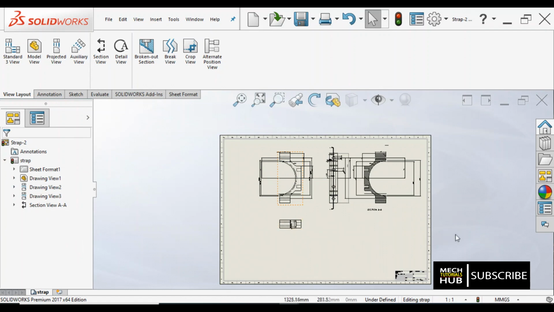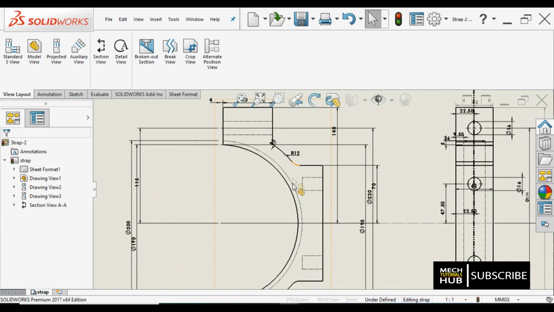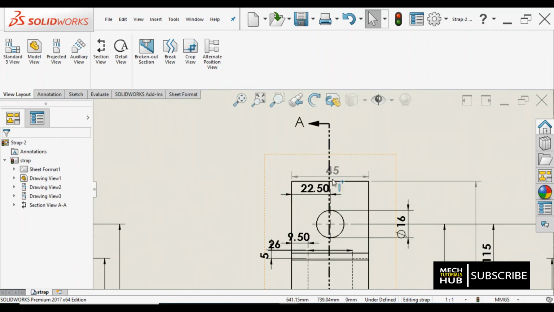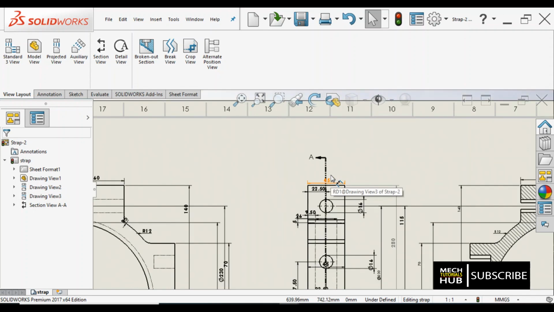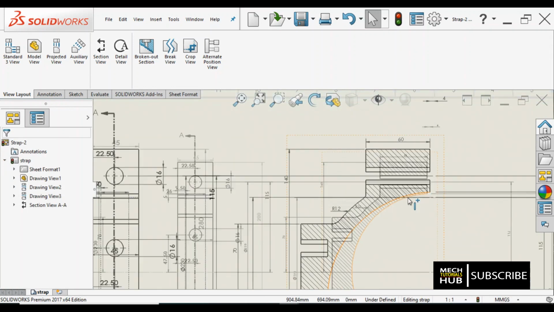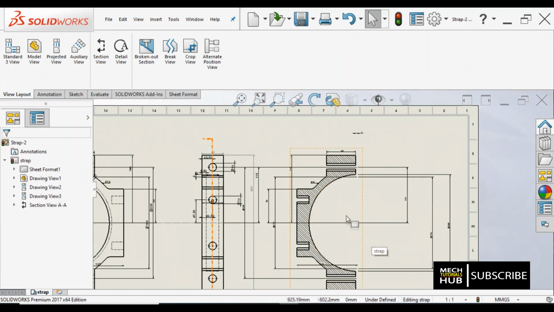That is the main advantage of using modeling software, that you better understand in AutoCAD. If some time permits, I'll try to show you that also. Every other thing is possible. Now one more important point to be noted here is vice versa: from the 3D model I have developed, or we have developed this particular 2D model for manufacturing, and from this 2D model the 3D model can also be changed. Means directly here, if I try to change this value, that may also appear in the 3D model. That is also one of the possibilities that you can try once, and if you don't find it, anyways I'm here to help you out.